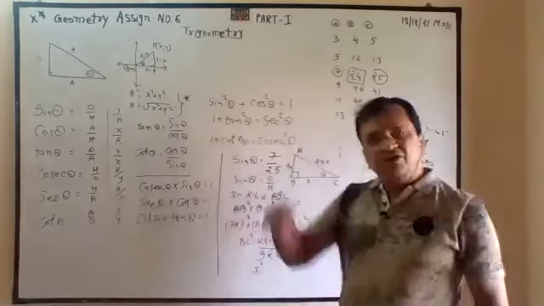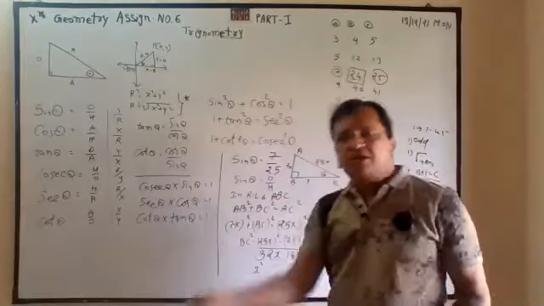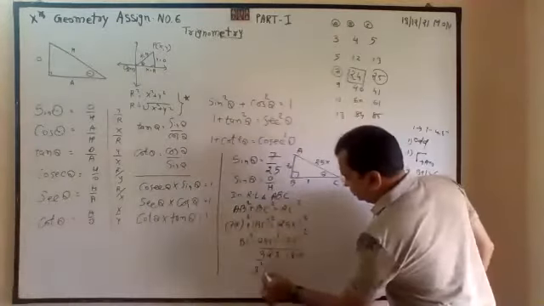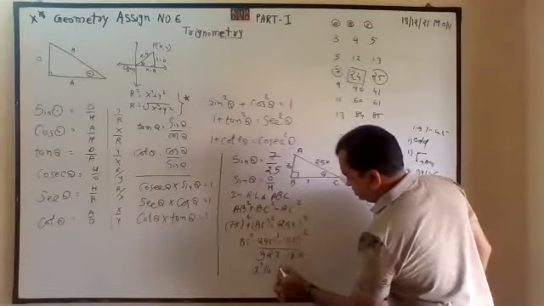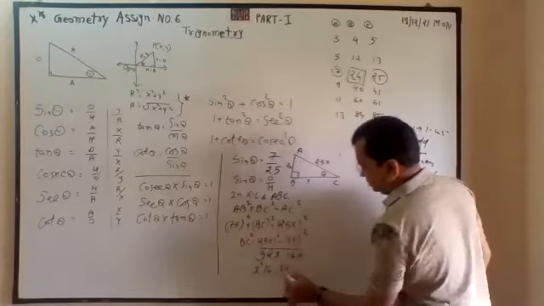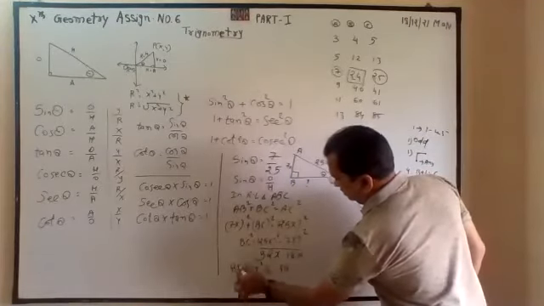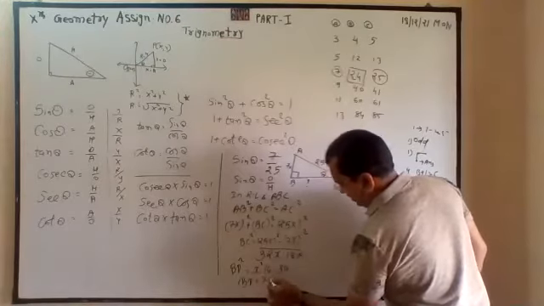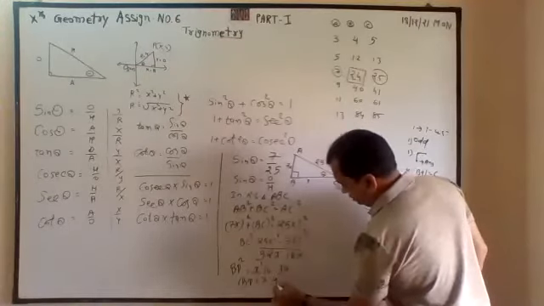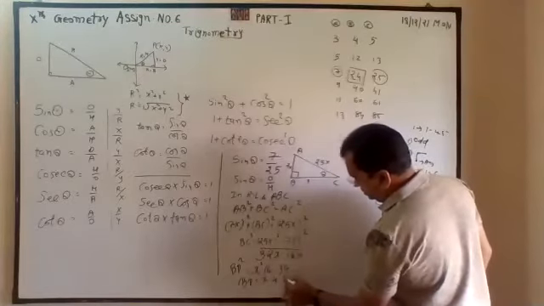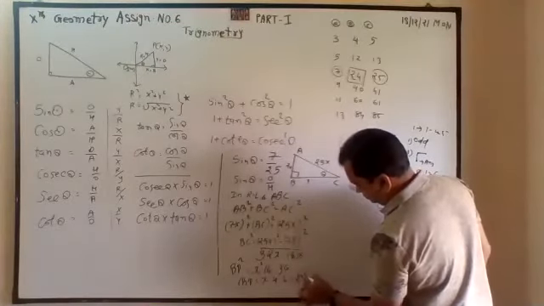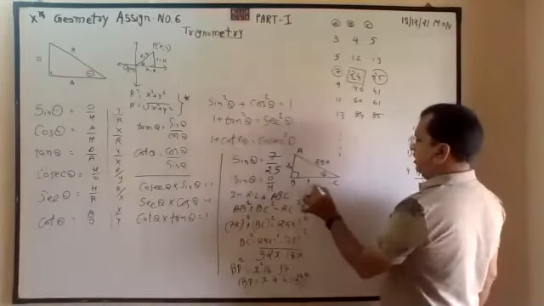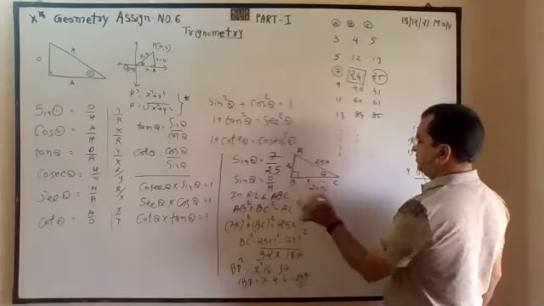Now the bigger number you have to make half, the smaller number you have to make double. So this is 16, this is 36, this is BD square. So BD is equal to square root of x square is x, 16 is 4, 36 is 6. So we got this 24x.